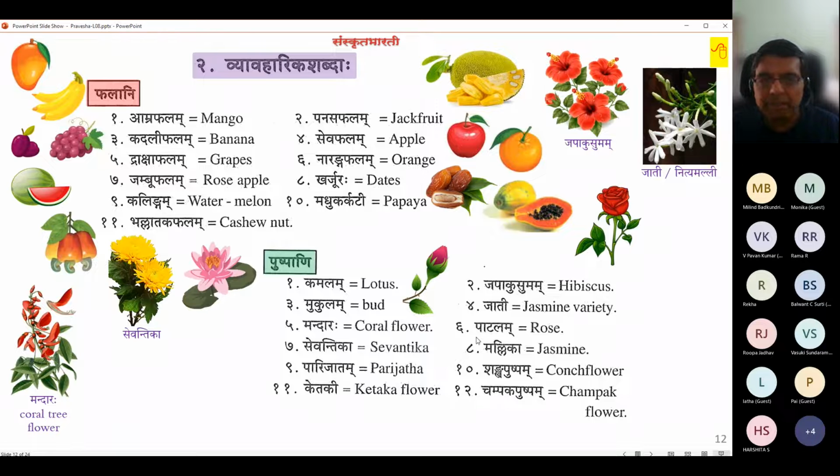So Sevantika. Then Mallika, the queen of flowers, right? Nobody matches her smell. Mallika. Of course there is a competition between different cities about which Mallika is the better smelling one. Madurai calls its own Mallika the best one. Mysuru calls its own the best one. It also comes in varieties, single whorl, multi whorl, etc. What I have shown is the multi whorl variety. Mallika, jasmine.